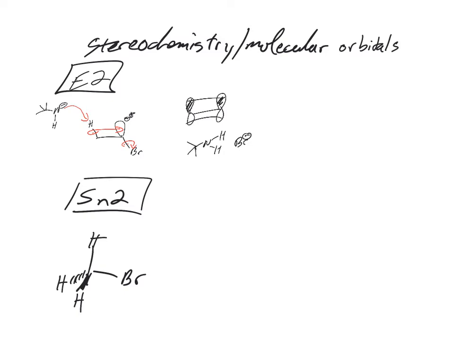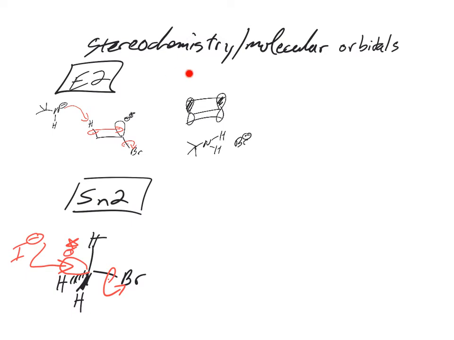So now what if we have SN2? What's this going to look like? So we have our nucleophile. I'm just going to do I minus. Where's the sigma star for this carbon-bromine bond? Same as it was in E2. It's 180 degrees away, right? So this iodine is going to need to come from the backside, 180 degrees away. As those electrons from the iodine go into sigma star, that breaks the carbon-bromine bond, and it also causes inversion,